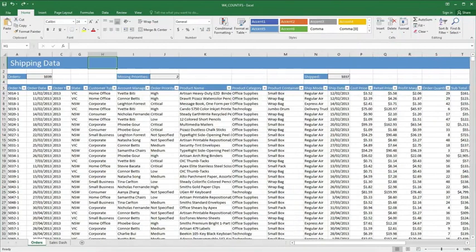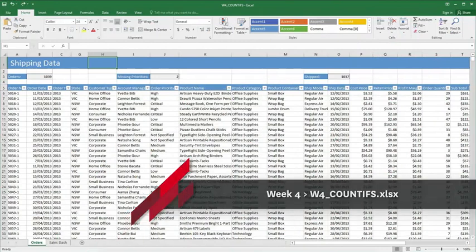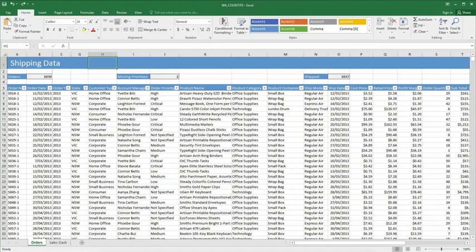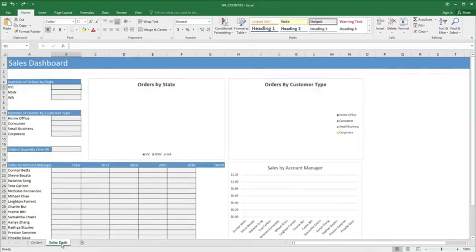UMA needs to help the sales department to find out a breakdown of orders coming from the states of Victoria, New South Wales and Western Australia. UMA already has a dashboard template from last year which she now needs to fill in. This template is on the next sheet, so click on the next sheet, Sales Dash, where we will be summarizing